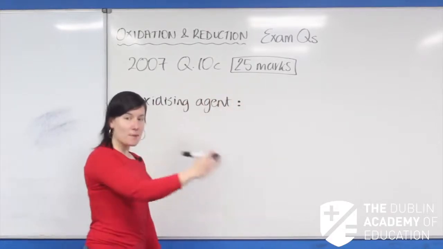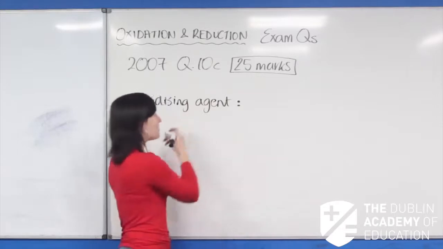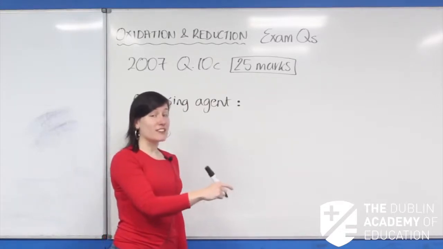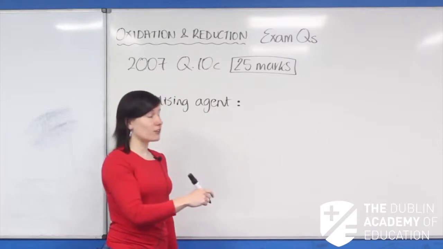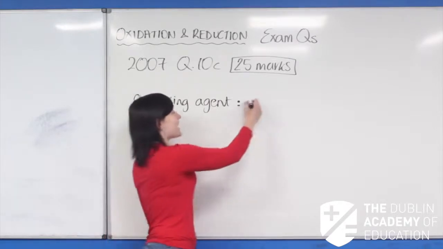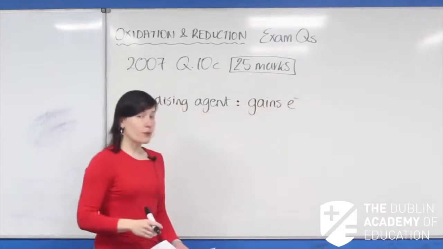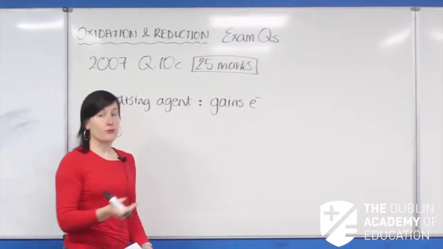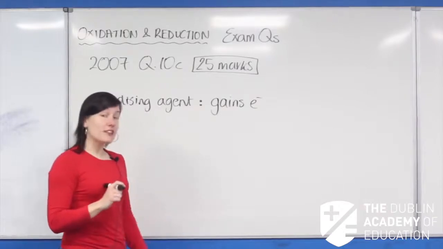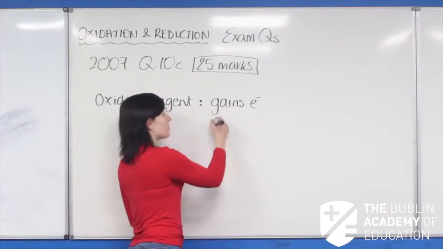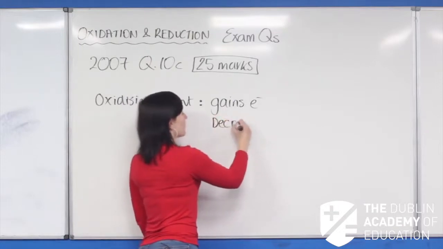Remember, the opposite to what you might expect happens to an oxidizing agent. An oxidizing agent allows something else to be oxidized during the reaction. So that means that it's gaining electrons. Okay? So, if something gains electrons, it's reduced. So what does that mean in terms of our oxidation number? Well, it means, of course, that our oxidation number is going to go down. Decreasing